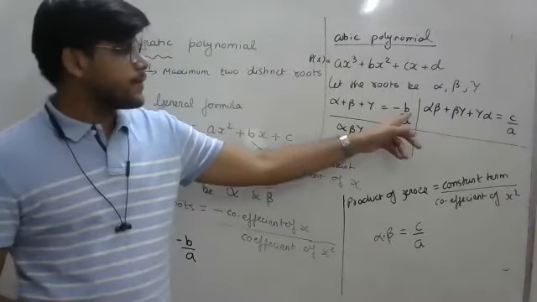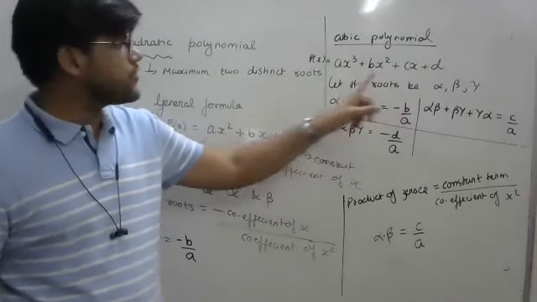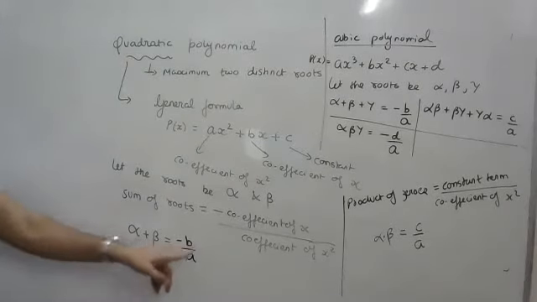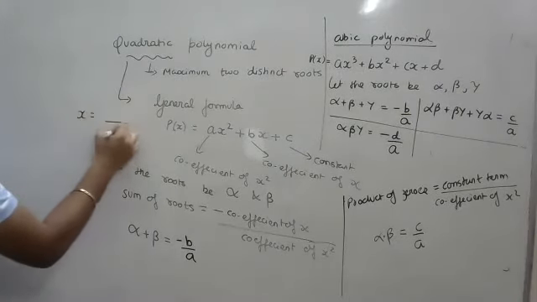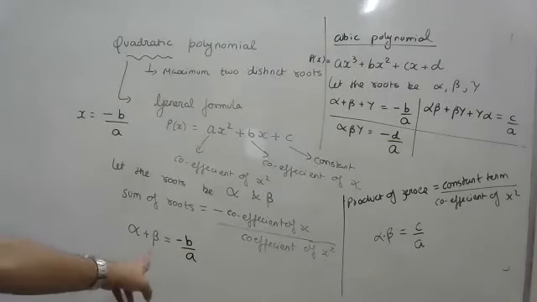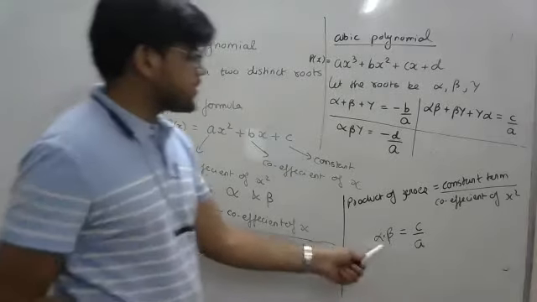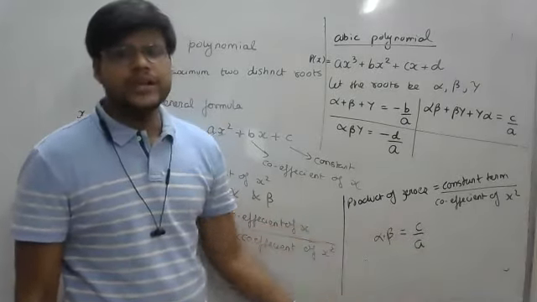And in the numerator, when you are finding the sum of roots, it is always minus the coefficient of the second term. Even in the case of linear, we had only one root. The denominator was a, and here it was minus the coefficient of the second term. So in the case of one root, it was minus b by a. In the case of two roots, their sum is minus b by a. In the case of three roots, again it is minus b by a.